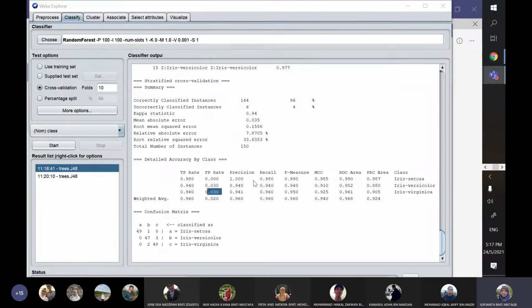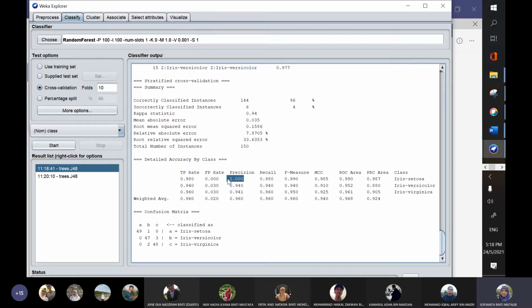So precision you need to calculate based on the total of true positive divided by the count of the predicted class. Like here, 49 divided by how many? Divided by 49, then you will get 1.0.